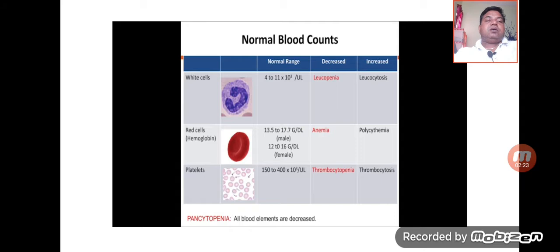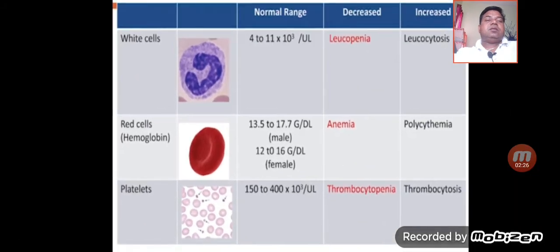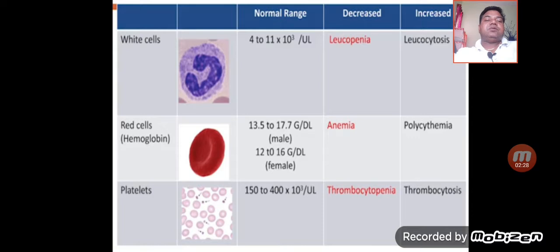If you go through the counts, in the peripheral blood we will have the WBC, RBC and the platelets. The normal count of WBC is around 4000 to 11,000 per cubic mm, and whenever these counts are reduced, this condition is called leukopenia, and when their counts are increased, this is called leukocytosis. This is a very important term in relation to aplastic anemia: leukopenia, where the counts are decreased. And in aplastic anemia, more specifically, there is a decrease in the neutrophil counts.